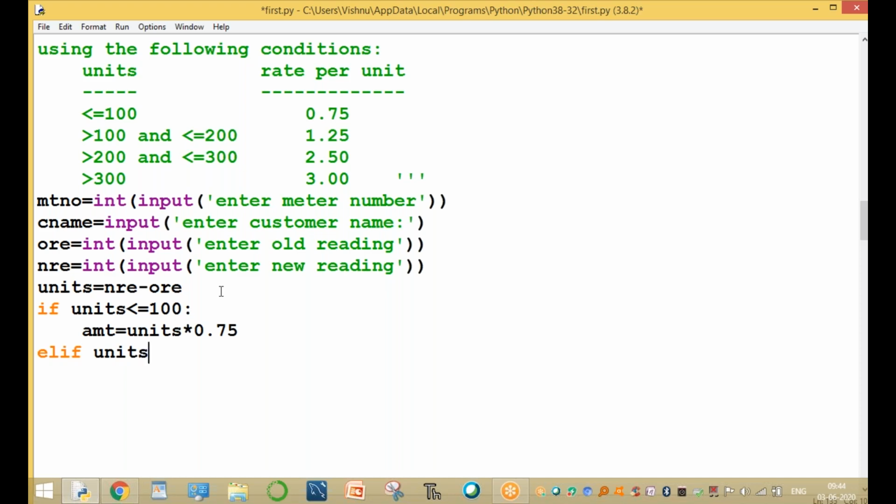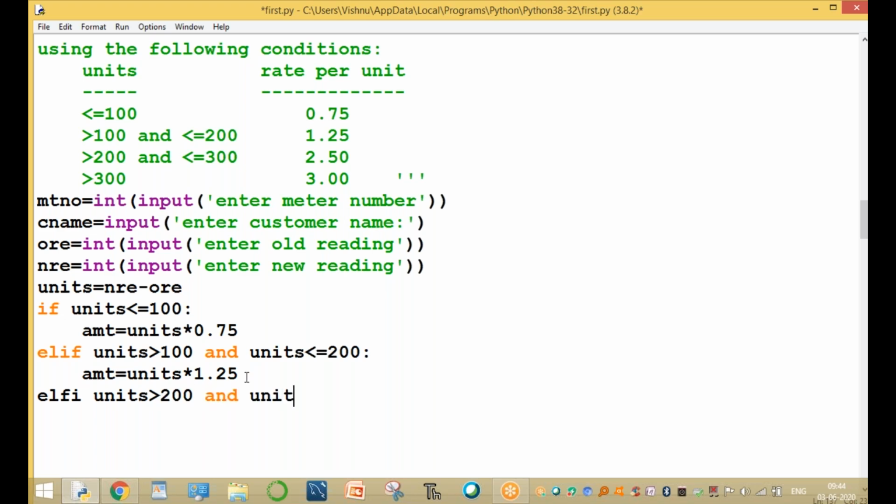Elif units value is greater than 100 and units value is less than or equal to 200, colon, the amount value equal to units into 1.25. Elif units value greater than 200 and units value less than or equal to 300.